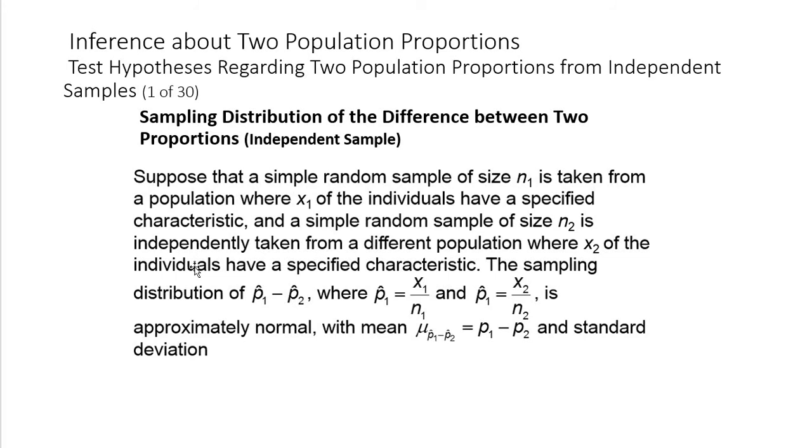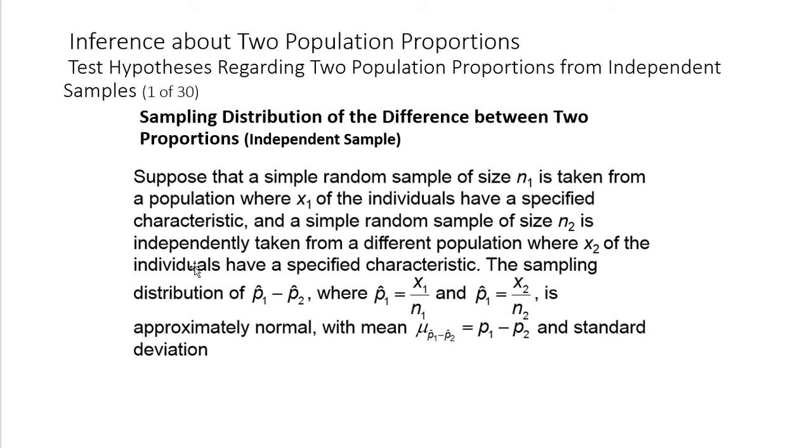We studied before the distribution of sample proportions, and this is similar in that sense. So, a simple random sample of size n1 is taken from a population where x1 of the individuals have a specified characteristic. And a simple random sample of size n2 is independently taken from a different population where x2 of the individuals have a specified characteristic. The sampling distribution of p1 hat minus p2 hat, where p1 hat is equal to x1 divided by n1, and p2 hat is equal to x2 divided by n2, is approximately normal, with a mean of p1 minus p2,